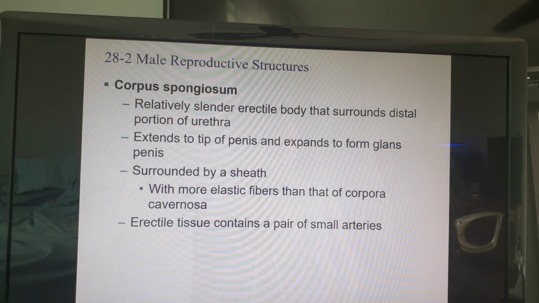What does this mean? That means that when the entire penis, all 3 chambers, fill with blood, the 2 on the top surface fill up and get stiffer and are less giving. The one on the bottom surface is a little softer, which causes the penis to have a slight curve upward. And when it's in